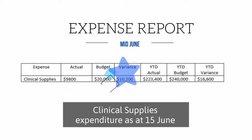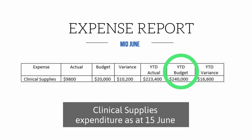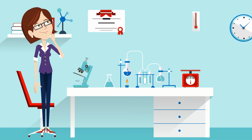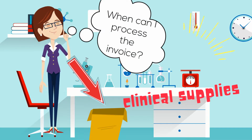Across the whole year to date, you have spent $223,400 of a budget of $240,000. That gives you a positive variance of $16,600. However, you placed an order for clinical supplies on the 20th of June, and they arrived on the 24th,